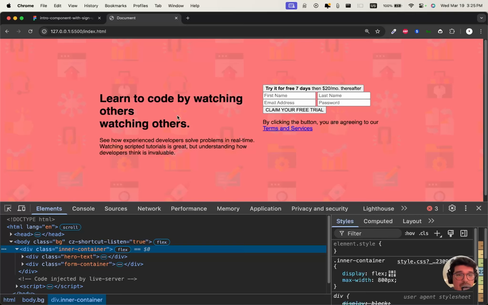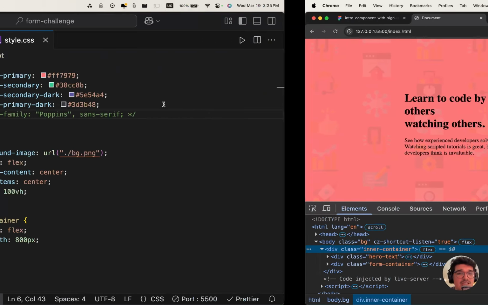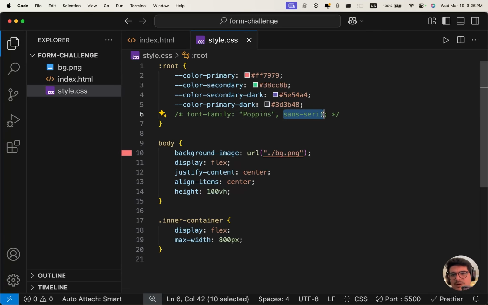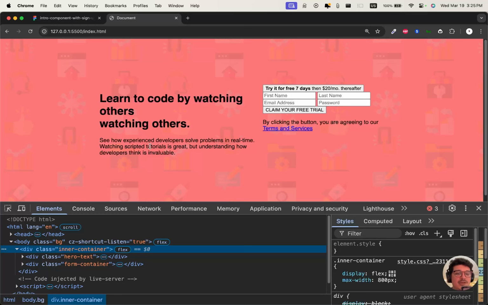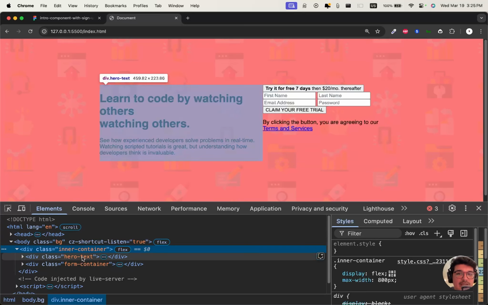I would not recommend doing this because if, let's say, Firefox doesn't support Poppins, they're going to go back to using this or sans serif, right? That's the fallback. So I would either import your own font files just to actually load them onto your website. Another thing to note is that if we go to our inner container and actually look at individual items in here,